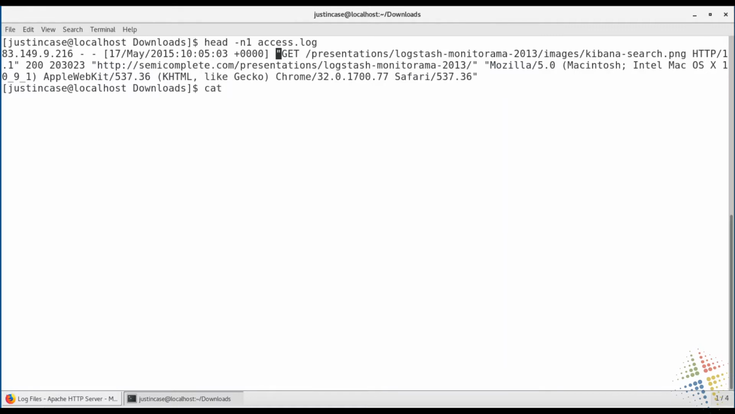So let's cat that again, access log. And this time let's cut -d. And this is where things get interesting. I'm going to do a single quote, double quote, single quote. The double quotes means look inside of these single quotes for the delimiter, and then the double quote inside means